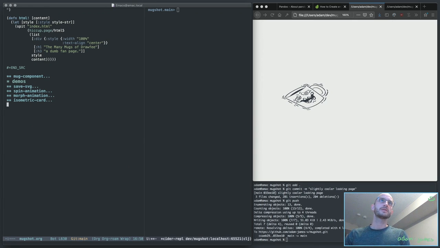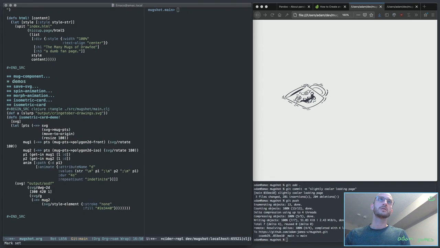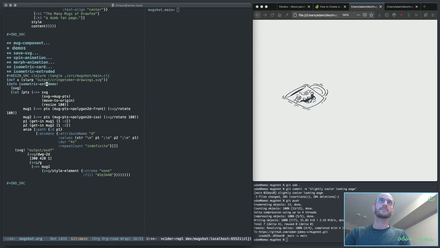And that is isometric extruded. Okay. This is going to look different, but I think will be really cool. And that is